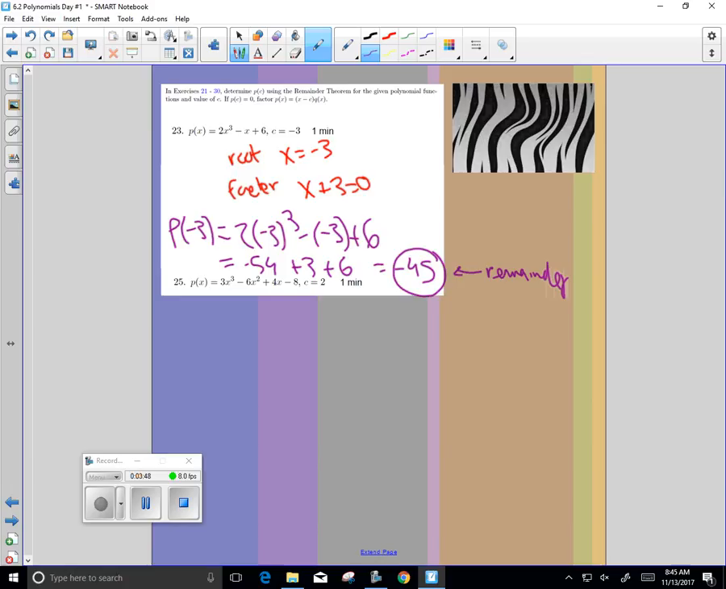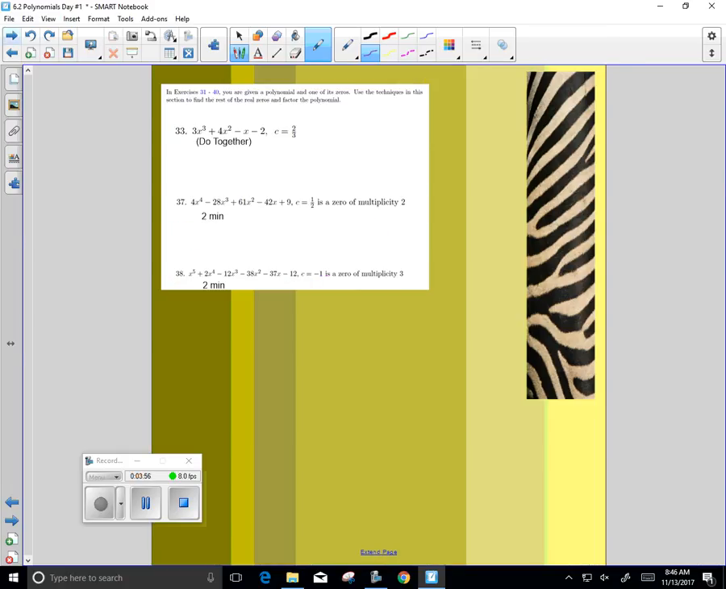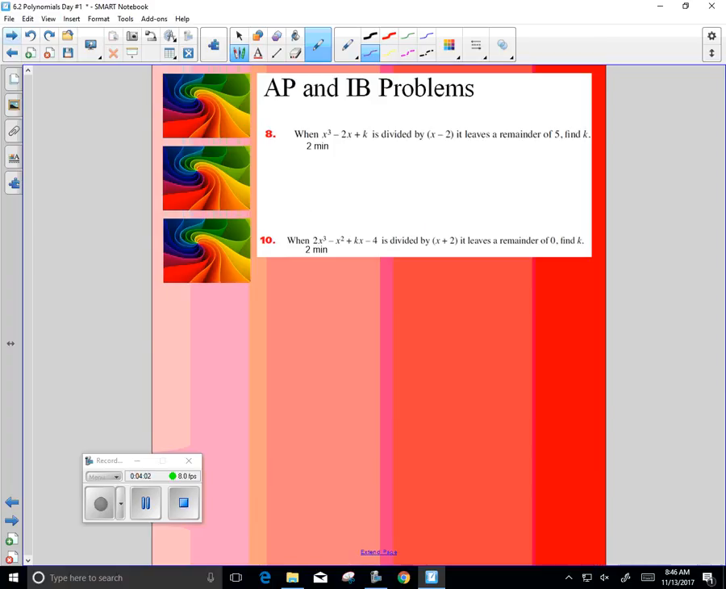Now, you could do synthetic, but all you had to do is plug in the value. You can do that for 25, and then you're going to look at all of these. You can figure out what those remainders are. This one here says when x cubed minus 2x plus k is divided by this, it leaves a remainder of 5. I want you to use what we just talked about. Plug in